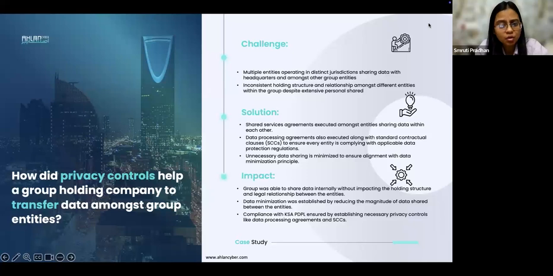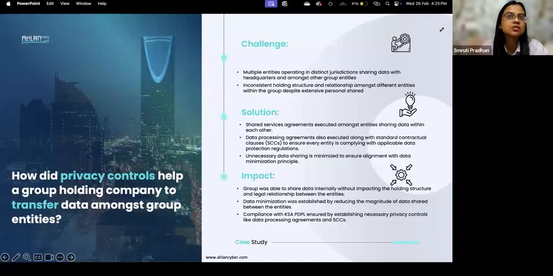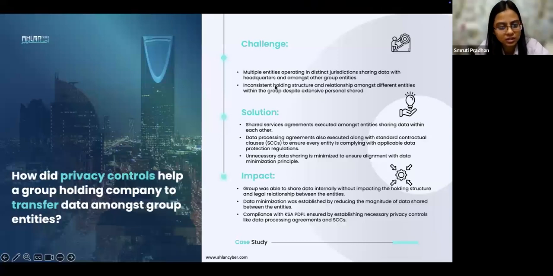and the impact was very positive, because now they know that if there is data sharing that is required internally between entities or externally with a processor, what kind of approach they need to follow. Also, when you are building a common control framework, if you are in a multi-regulatory environment, you are making sure that you are adapting to any other privacy regulation that might be applicable to you in future.